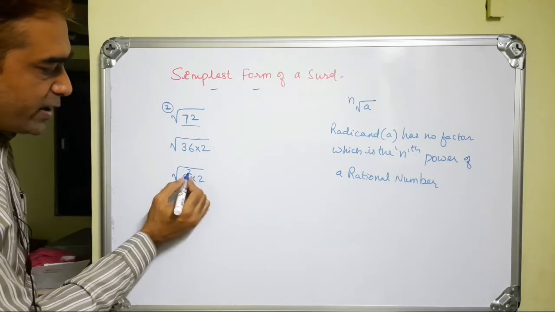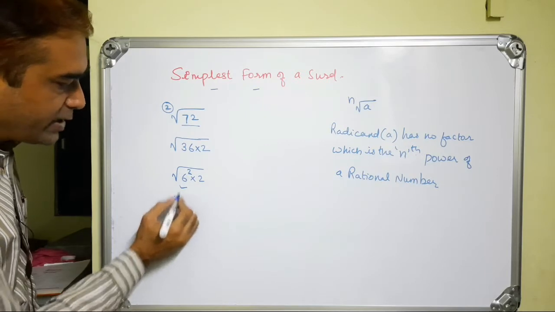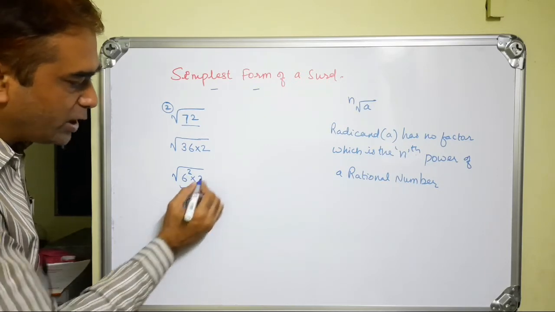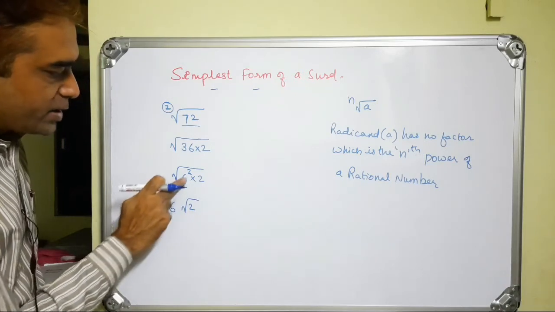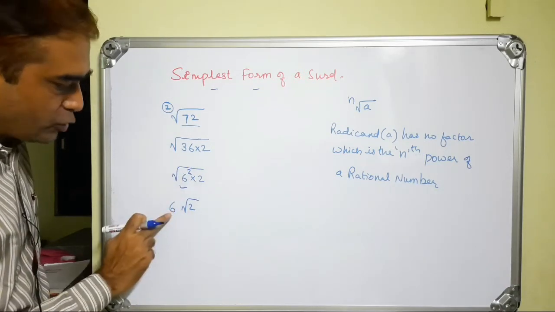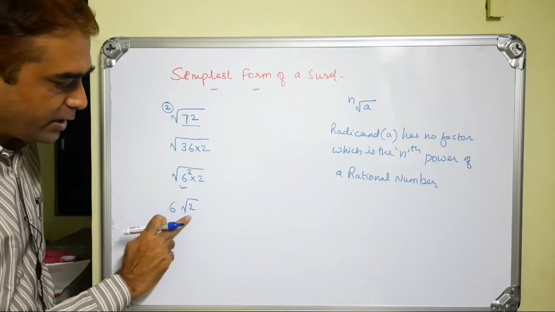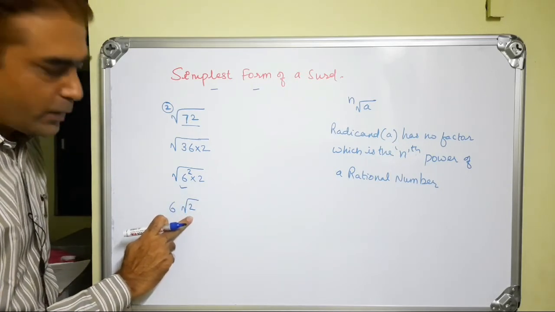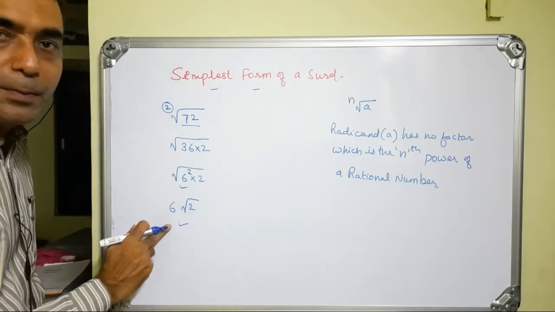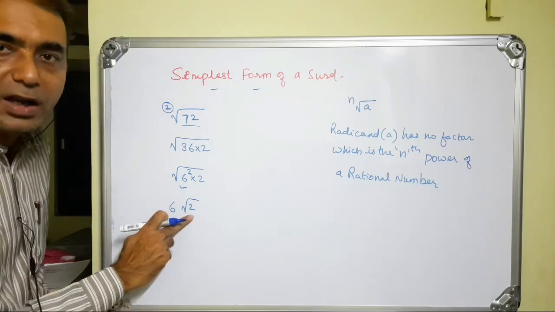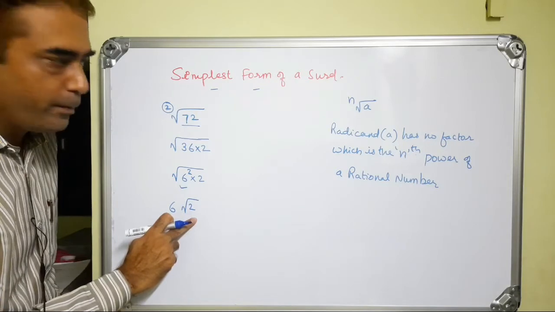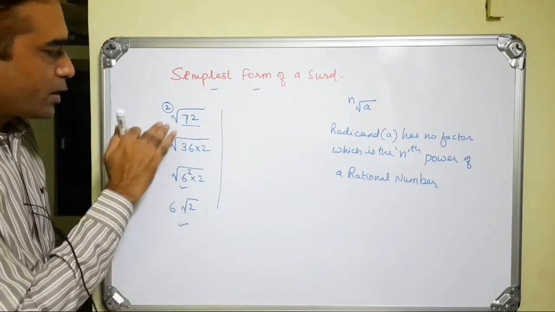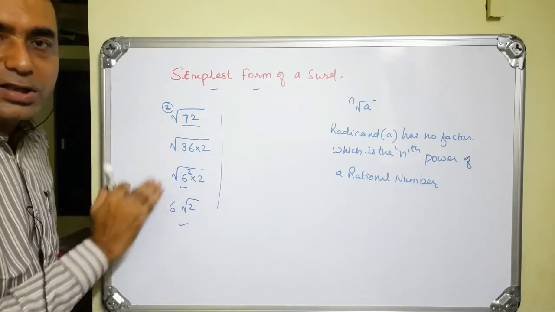That 6 square and square root cancel out, so we'll write 6 outside the radical sign, and in the radical sign we'll write only 2. That is 6 square root cancel out, so 6 is outside the radical sign and the radicand is root 2. So this number now is in the simplest form because 2 का कोई ऐसा फैक्टर नहीं है जो स्क्वायर हो. Okay, so this is the simplest form of this surd.